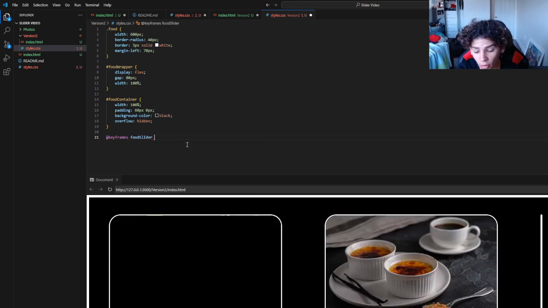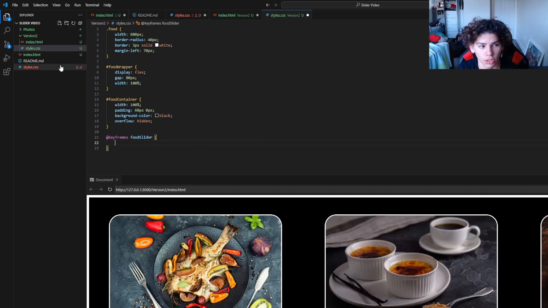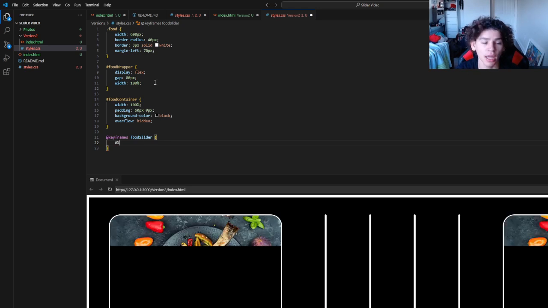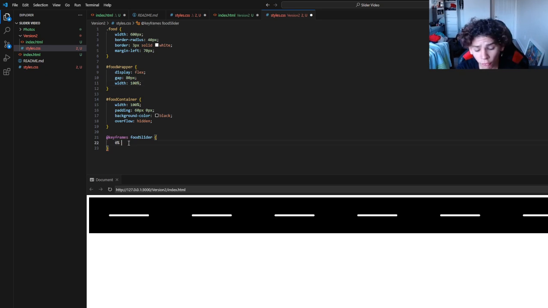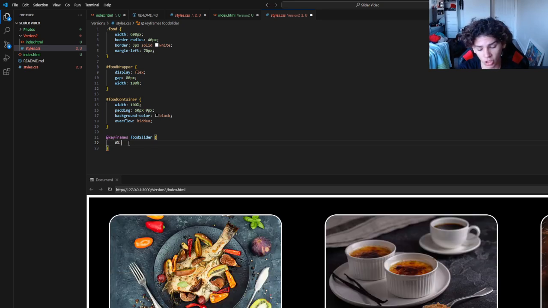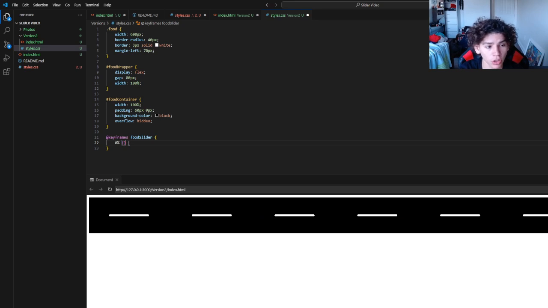Now we're going to open the slider, close it, and now comes the three parts where we specify what change we want to make. So the first part is, where in the animation are we talking about? So we always start with 0%. Now later on we're going to add how long it's going to take, but let's just say this animation we want it to last, let's get an easy number, 10 seconds. So first at second 0, which is at 0%, we're going to add, now this is the second part,